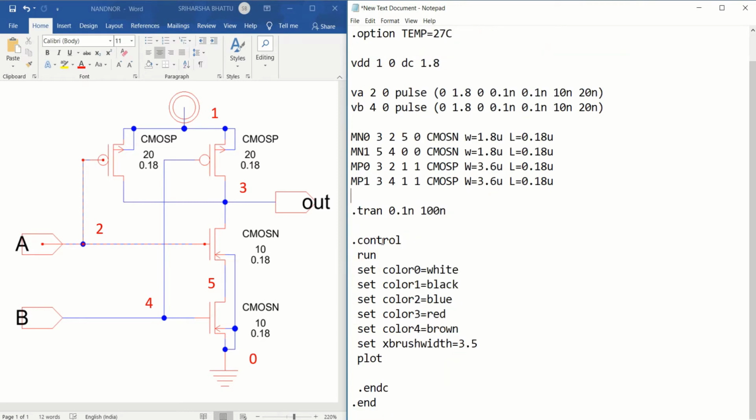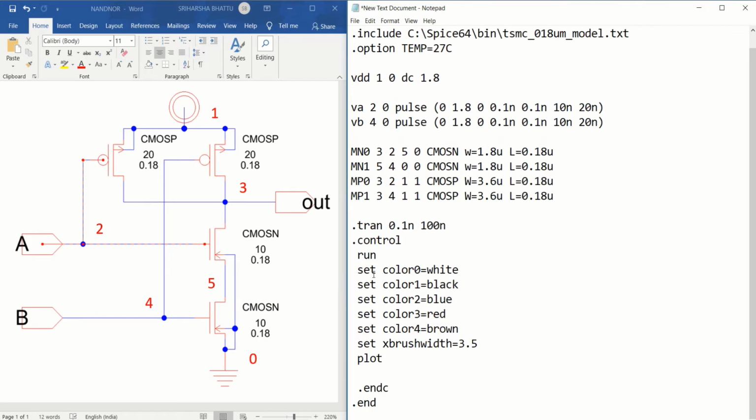And these are the control statements for plotting. So what I have to plot? I have to plot the output node V3 and the input nodes are 2 and 4. So I will write plot V of 3, V of 2 and V of 4.